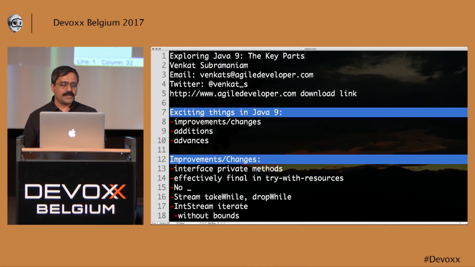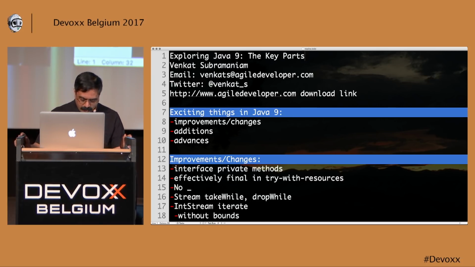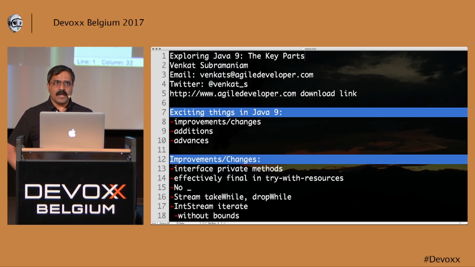We're going to talk about Java 9. We're going to talk about a few key parts. Java 9 itself is one of the most powerful improvements to the language. We'll talk a little bit about that, and then we'll focus on what we're going to talk about in this presentation. Looking back in time, over the past few decades, Java had been very stagnant and not very many